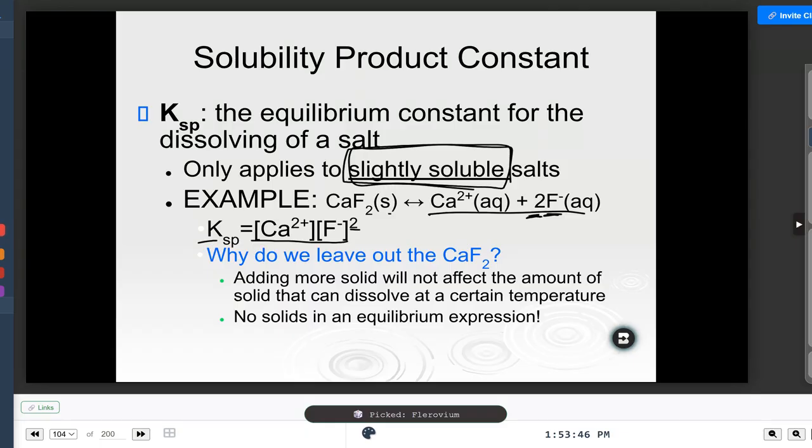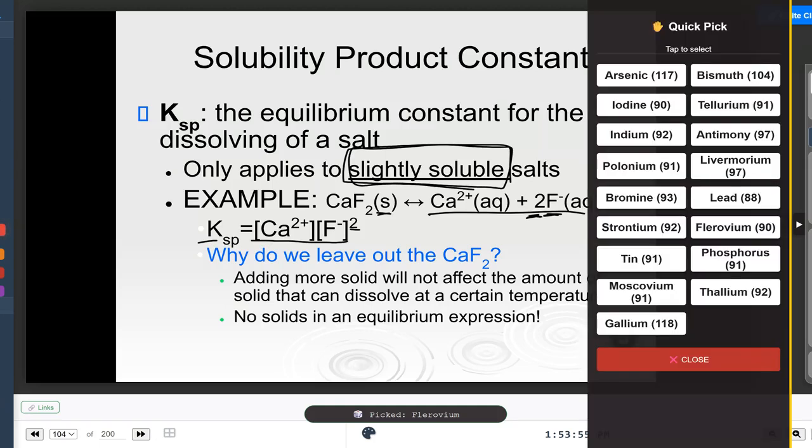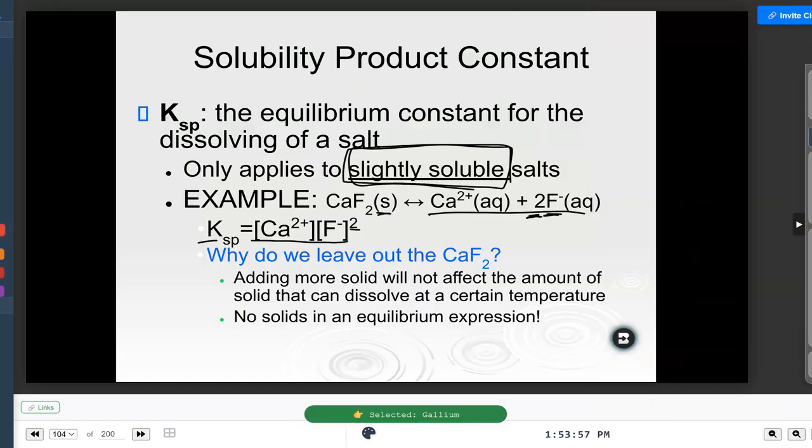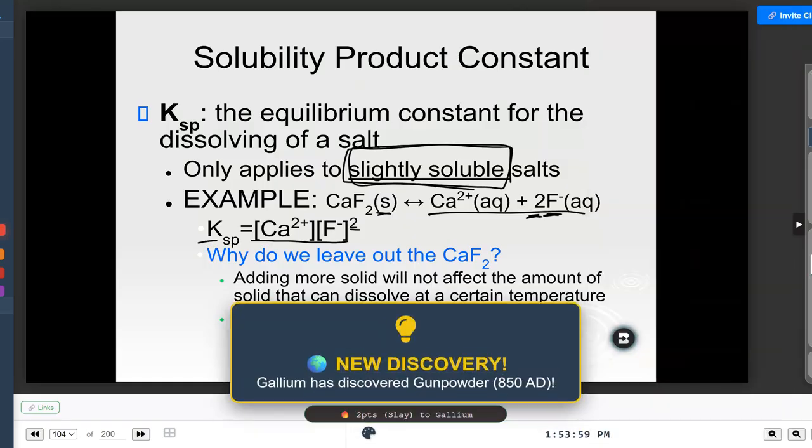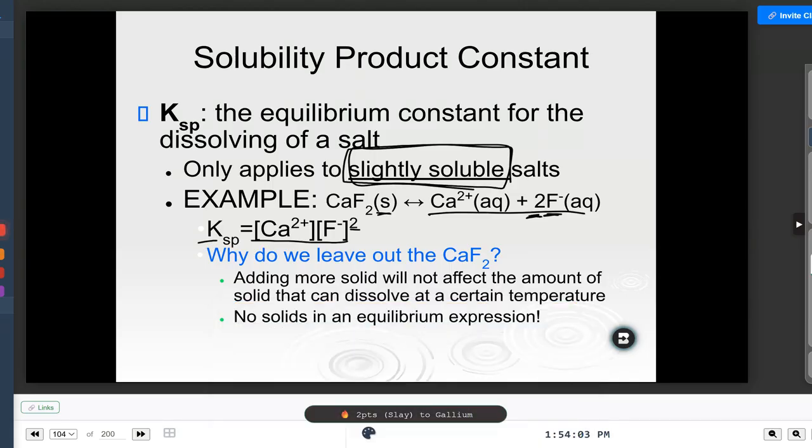Remember that when we do our K values, we cannot include any solids in our final values, right? And so we have to make sure that we don't have solid here. So that's why we are not including that in our